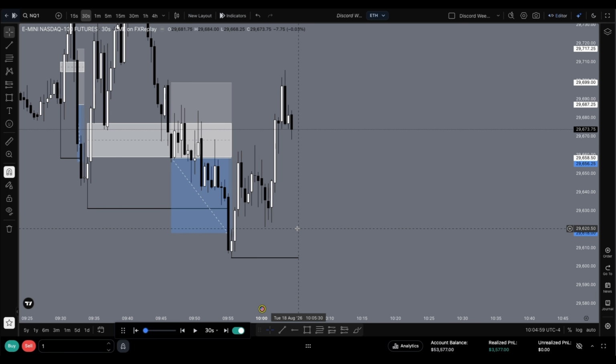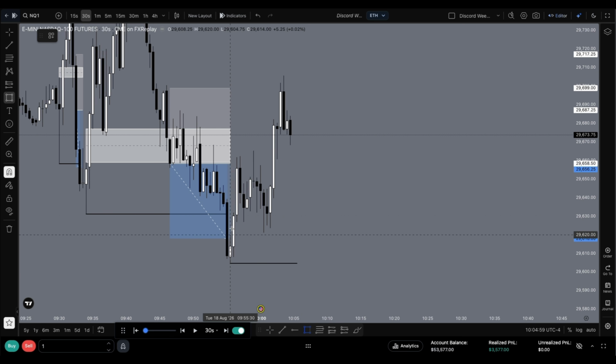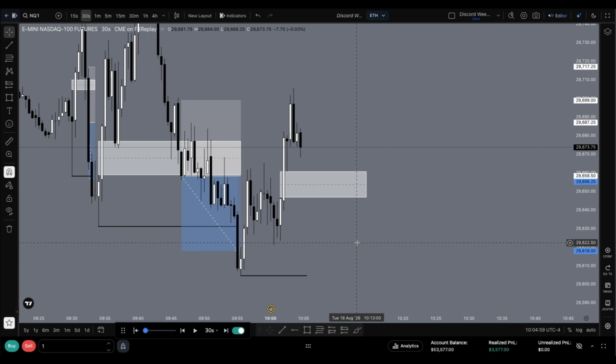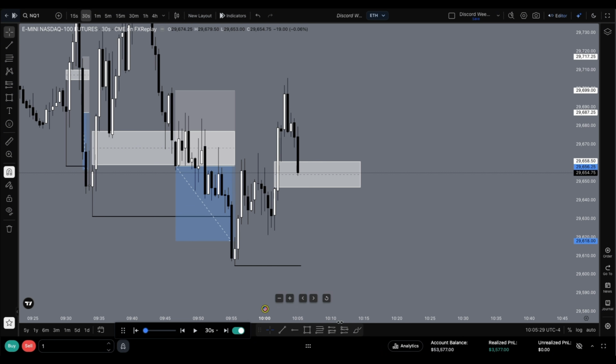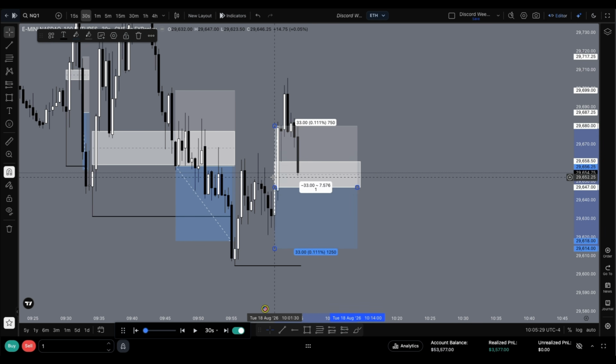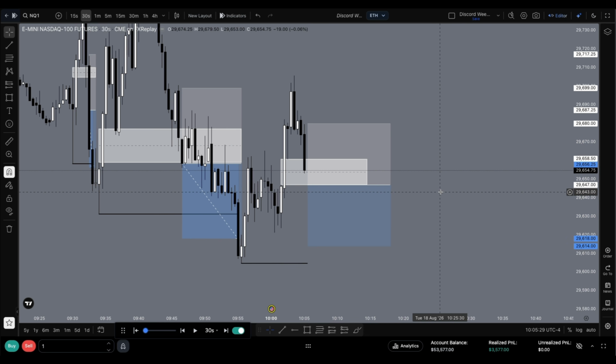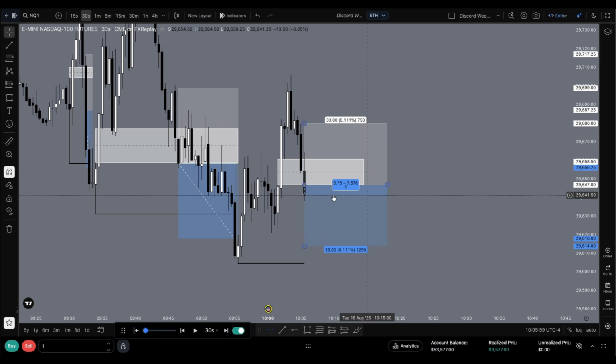Okay, so this gap here is 15 points away and it's mitigated. However, we have this unmitigated gap 42 points away, so we'll get more distance. So based off just experience, you'd want to take this gap because this gap already sent price higher. So just take this gap, it's unmitigated, and it gave no reaction to price yet. So I would be taking this gap, we inverse it here,